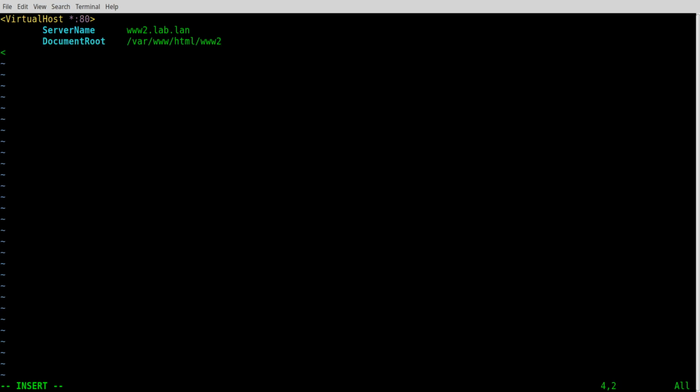Then we'll close our virtual host with a slash, very reminiscent of HTML, /VirtualHost. And we've just created a virtual host for lab.lan with a www2 host and then a www2 directory. So let's see if we can get that to work. Go ahead and save this file,